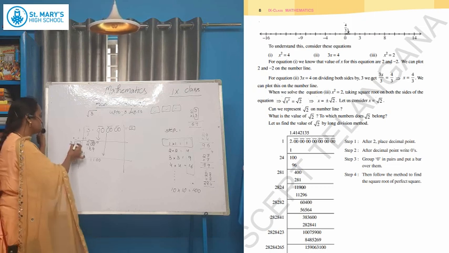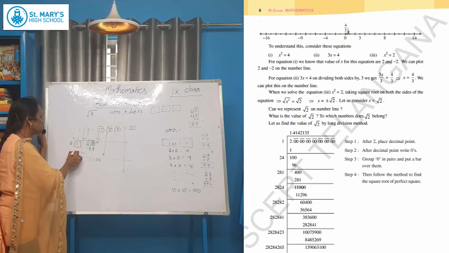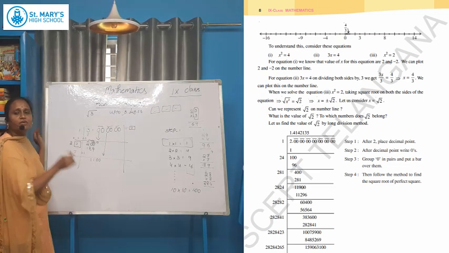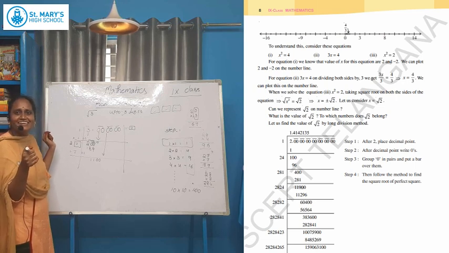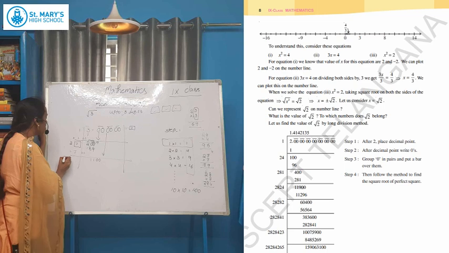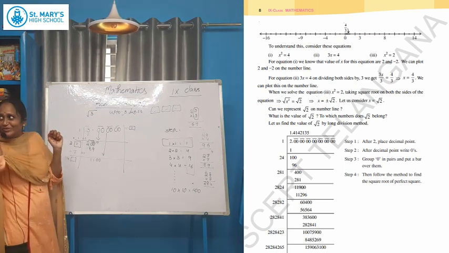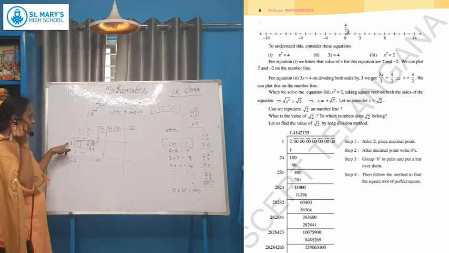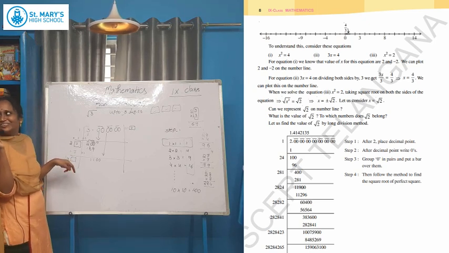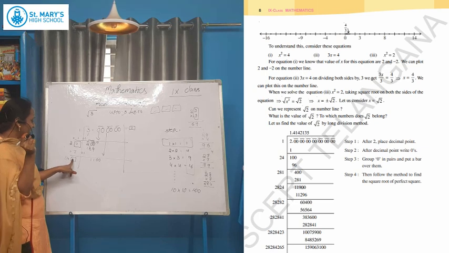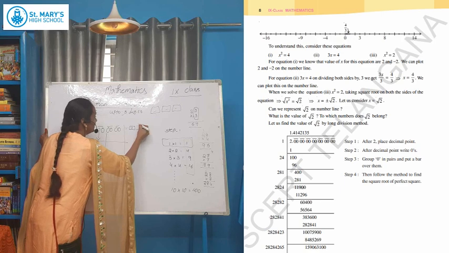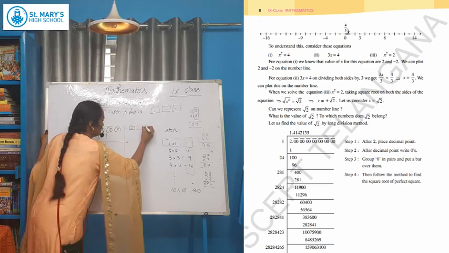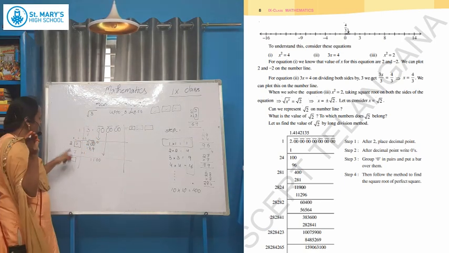7. So 27 plus 7, how much? Say 27 plus 7, 34. So here 27 plus 7 is 34. 34 here, and what is the box here? The second box we have to take out, and one more box also, because we have to take out three digits. 34 here, a box, and here a box.